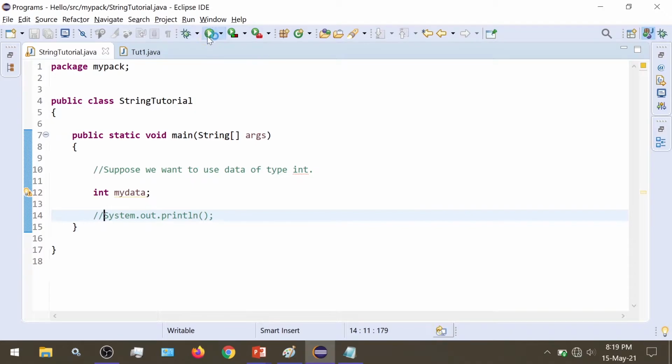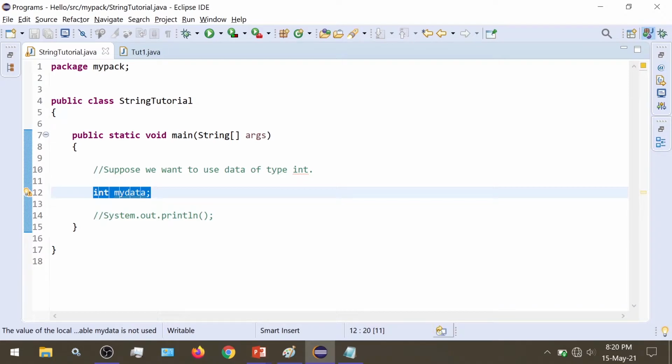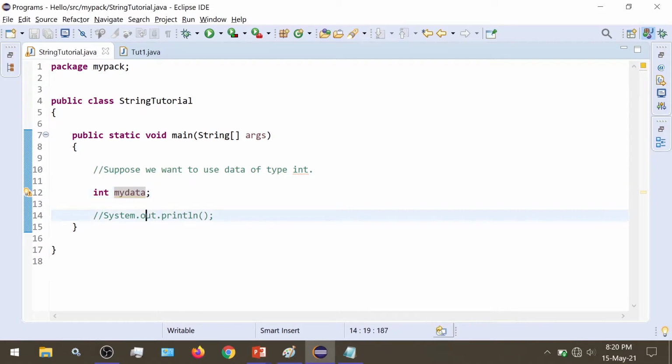Our program runs fine and we are not getting any output because we are not doing anything to show an output. We aren't printing anything. So our program just runs, it declares a variable of type int inside its memory without any value, and then it exits.